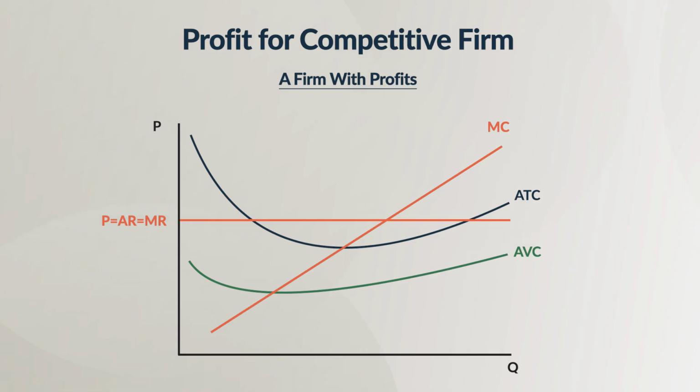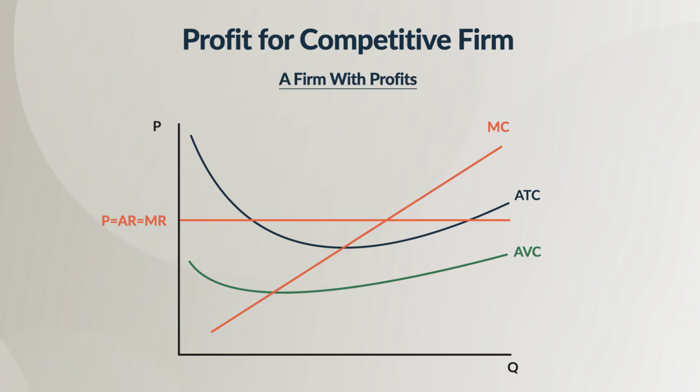So this is actually the demand curve for a firm in perfect competition. Our demand curve is going to be equal to the average revenue. Why? Well, the demand curve and the average revenue curve are the same because our average revenue always equals our price, as long as there's no price discrimination. We're assuming that there is none of that here. Okay, so our average revenue curve is our demand curve.